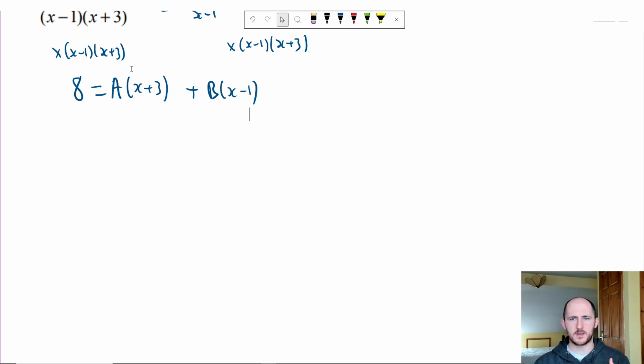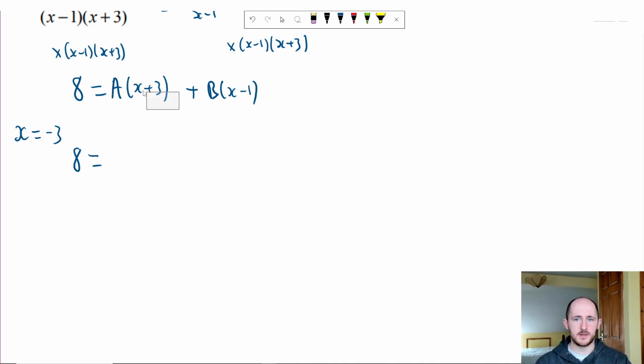What if I make this first bracket equal to 0? Well, then that means a goes away, and then I have an equation that just has a b in it. So let's do that. How would I make this bracket equal to 0? I would sub in x equals minus 3, because minus 3 plus 3 is 0. And that would give me a equals